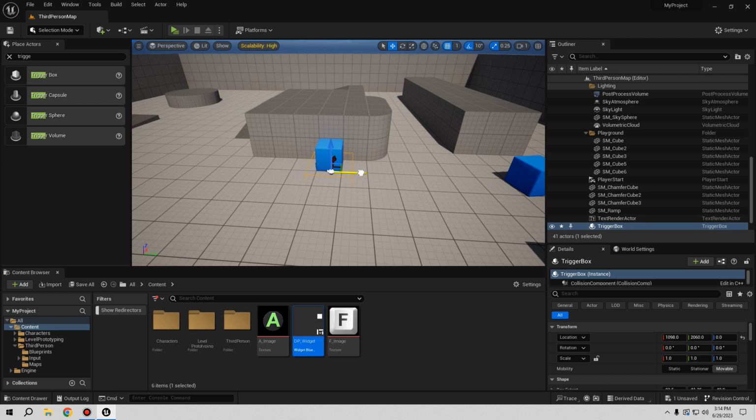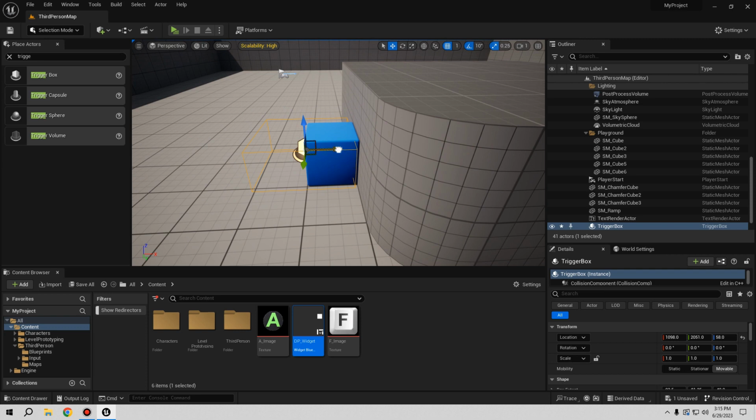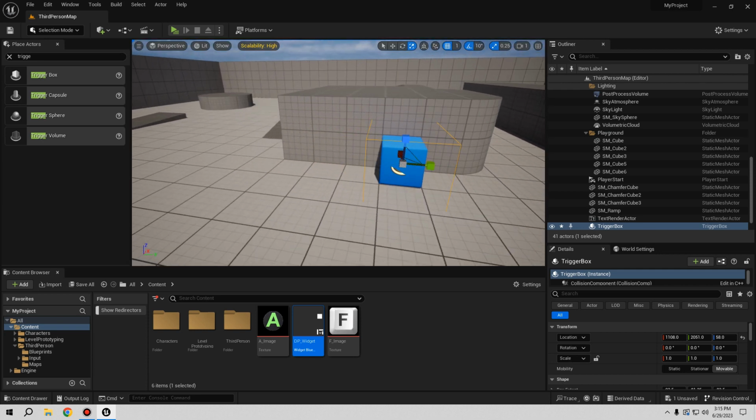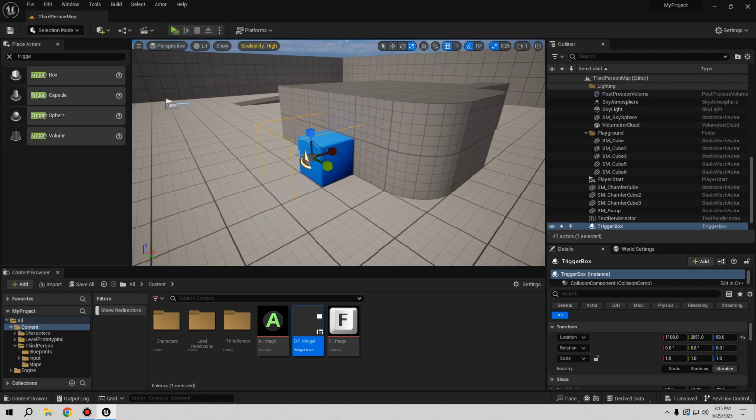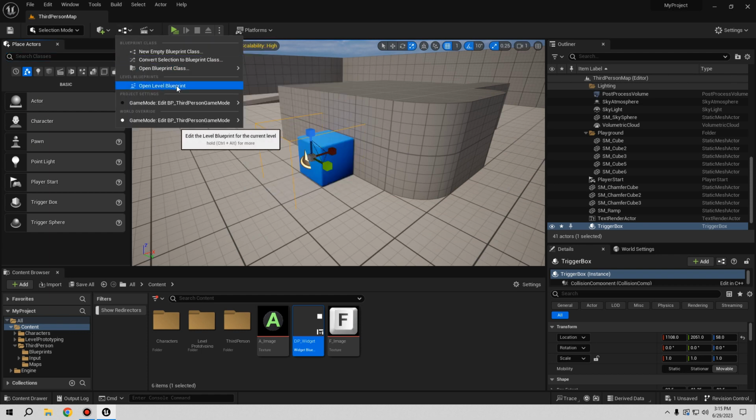Let's center this better. Okay, and also I want to do a little more big to, for example, if somebody steps on this box, still be able to open this widget. So let's open this stuff. Okay, so we have this. I think it's fine enough. So from this one we only need to close this. So I select the trigger box, so the only thing I need to do is open here, open level blueprint, and